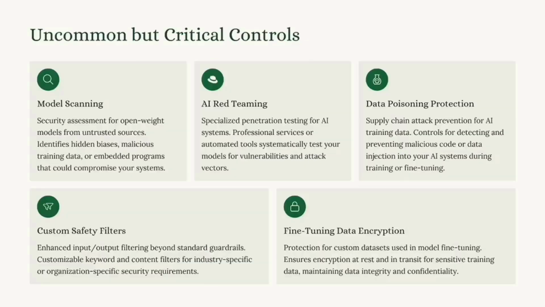All right, the less common controls. Model scanning. So if you get these models, how do you know where they've been? How do you know what's in them? There are tools that are available that can go out and actually look inside the LLM itself, make sure that the data that was used to develop these are safe. Wiz comes with a great one. It comes with an AI security posture management tool. If you're in a cloud environment and leveraging Wiz and you're doing AI work there, it can go out and scan the models that you're using and give you a relative score on safety.